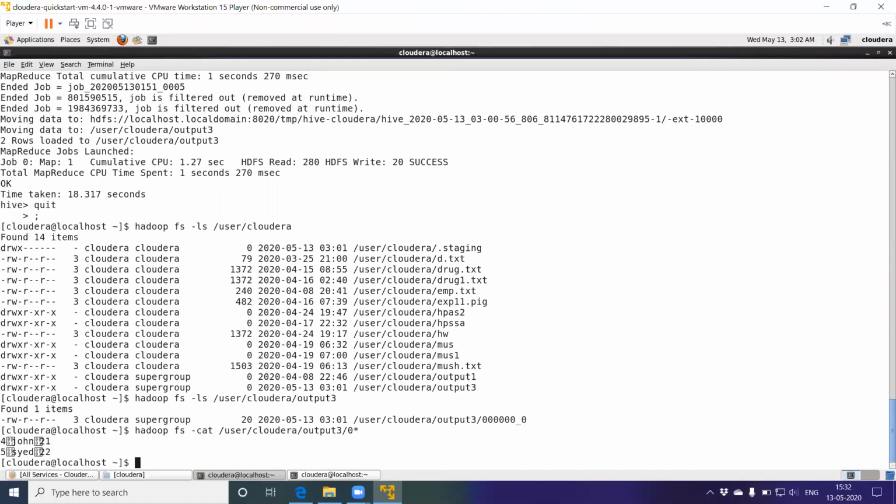You can also verify this output through the browser. Using the browser also you can verify the output.